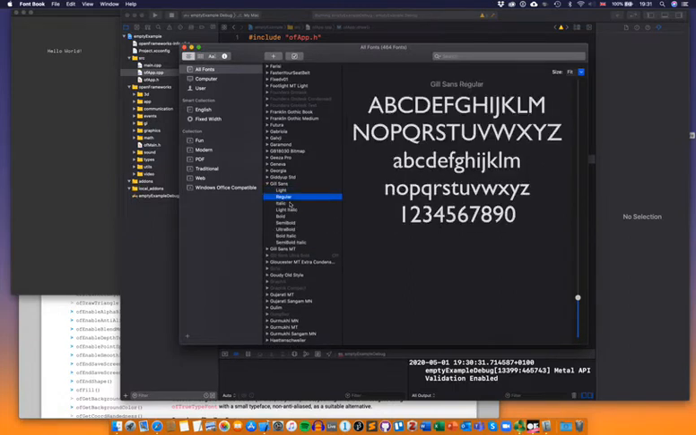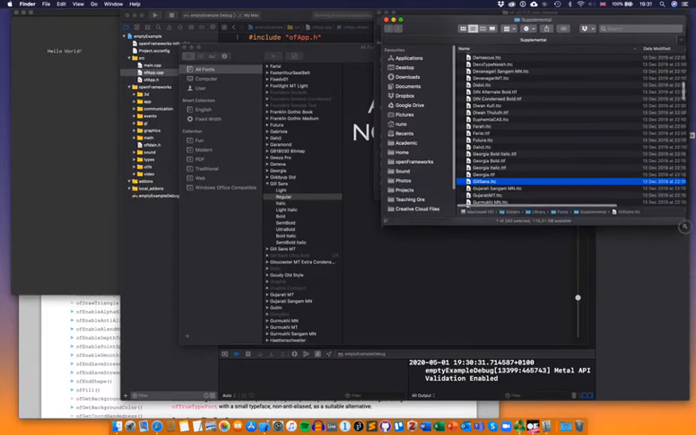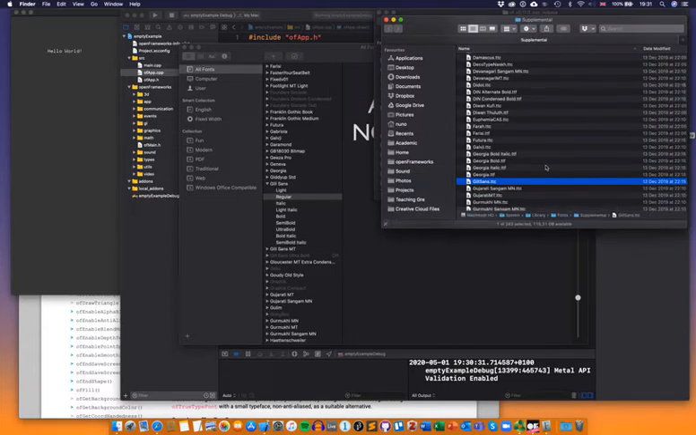So let's say I want to use Jill Sans regular. That's how I usually do. I pick the font from Font Book, and then with a right click I pick show in Finder. Here we go. We have Jill Sans. The extension is TTC. So if you don't have the extensions visible, please make them visible in your system preferences, because it's really useful